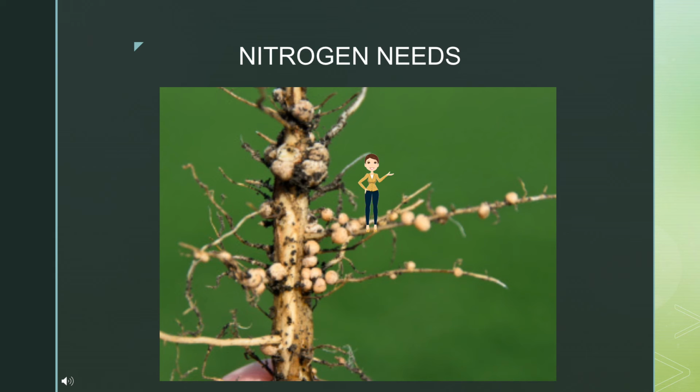Protein contains nitrogen. Though air contains a large amount of nitrogen, plants cannot absorb this nitrogen directly. They get nitrogen in two ways. Soil contains certain bacteria called rhizobium that can convert atmospheric nitrogen into water-soluble compounds. Plants absorb these compounds along with water to get nitrogen. Secondly, farmers add fertilizers rich in nitrogen to the soil. These are absorbed by plants.